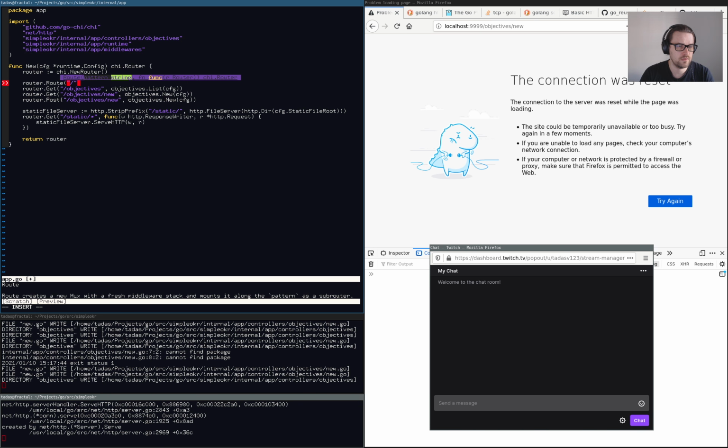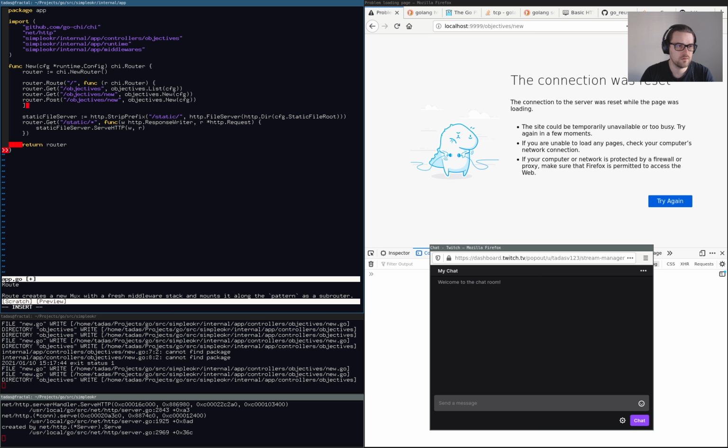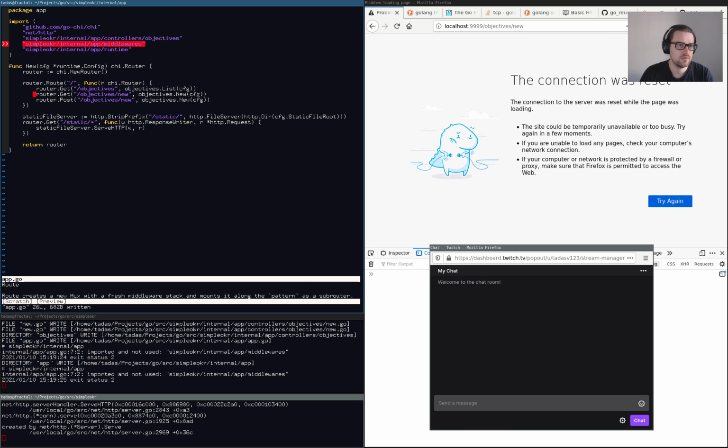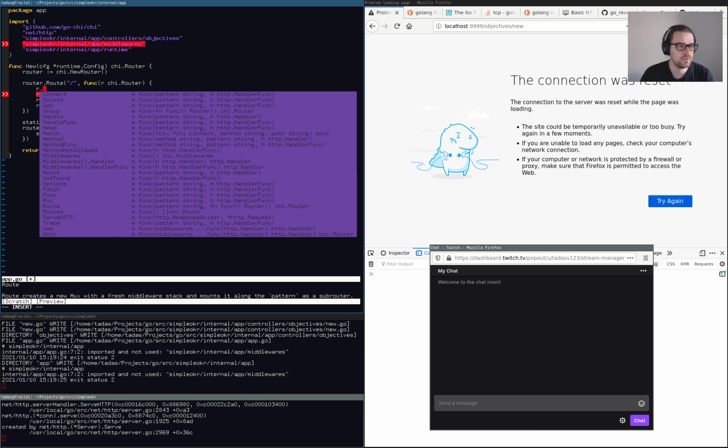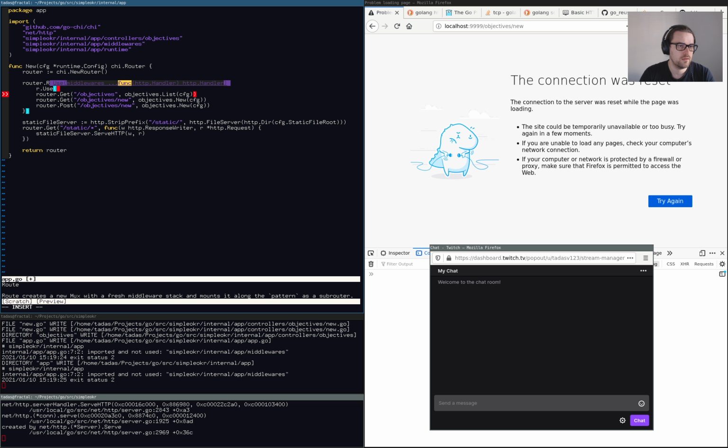I guess everything in here, right? So I'm doing a separate route here, so I can actually attach middleware